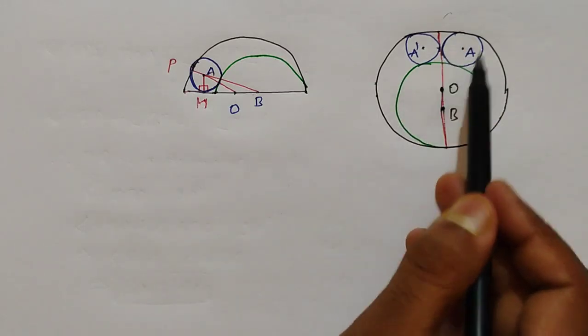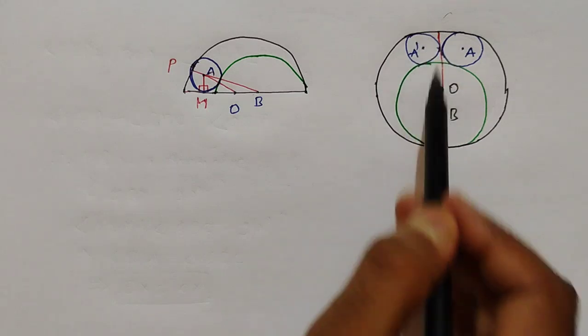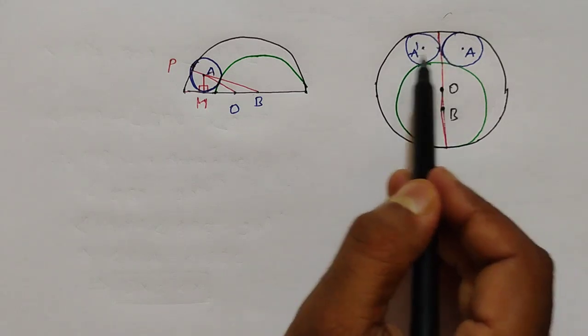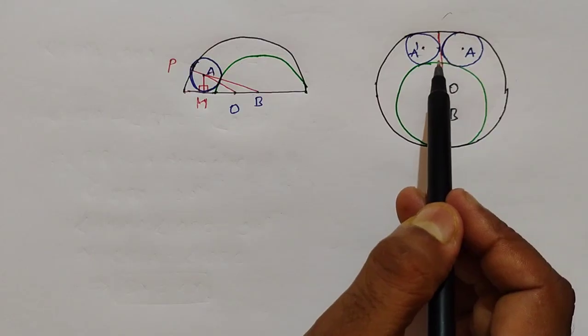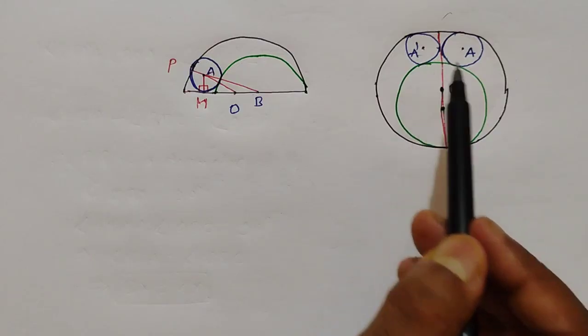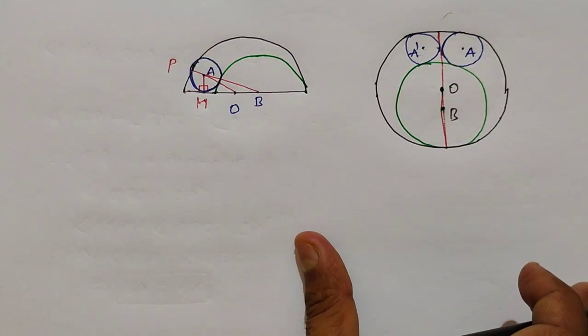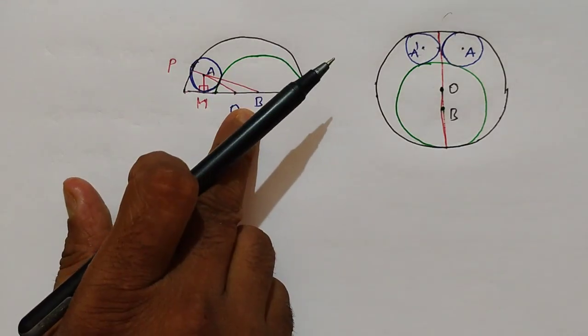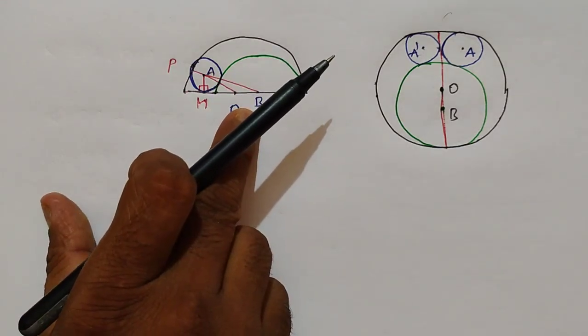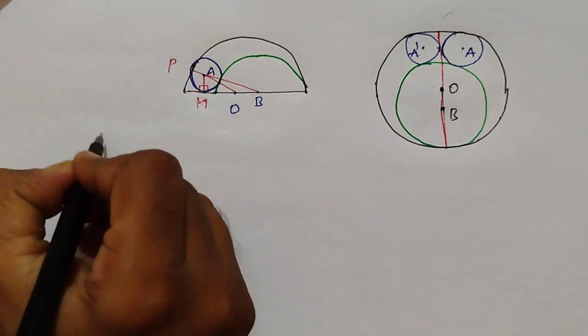So this is A dashed, and this is the internal common tangent of these two circles. So it is sufficient to consider a half of the graph, as you can see here. And now let